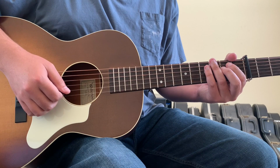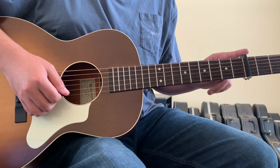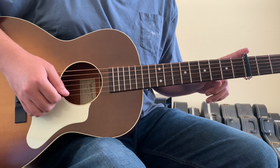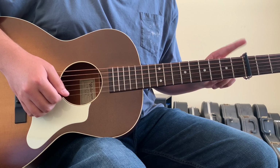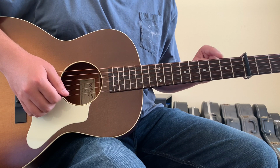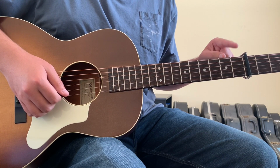Welcome to Hard Times by Charley Crockett is going to be played in standard tuning and then capoed on the 3rd fret of the guitar. From this point forward, I will be referring to frets relative to the capo as though the capo is the nut and call them frets 1, 2, 3, and 4, etc., as opposed to the real frets of 4, 5,